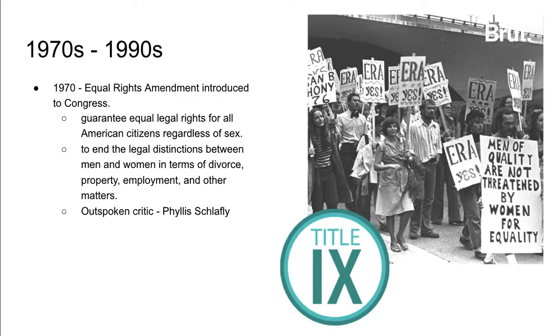Also, she was concerned that if this amendment came into play and was passed, that women would be drafted. If there was another war, women would be required to be drafted. And again, wanting to protect women, protect the rights of women. So just things like that, where there were two sides to this argument, and because of the concern here and because of the delay in getting the votes officially done in the different states, we don't have the ERA, or the Equal Rights Amendment, passed.